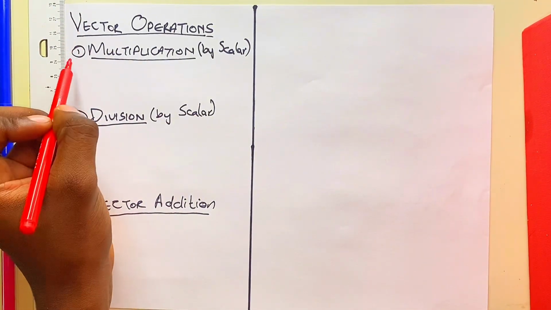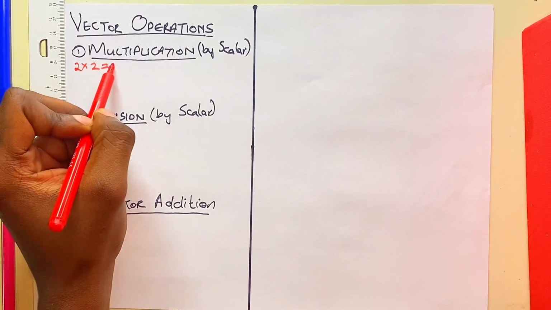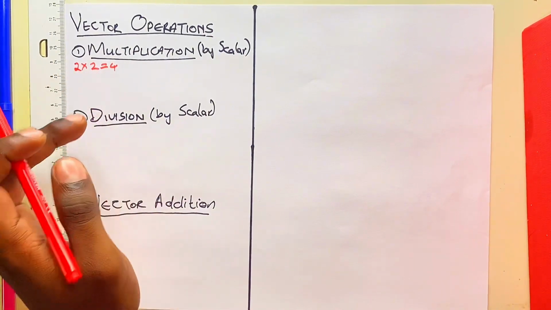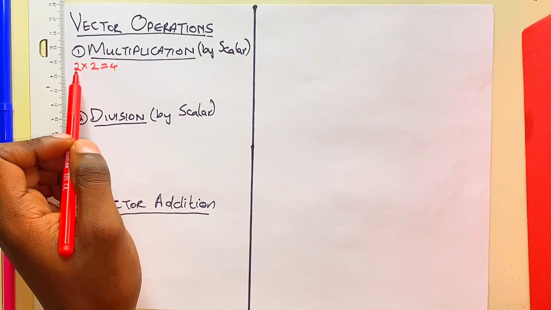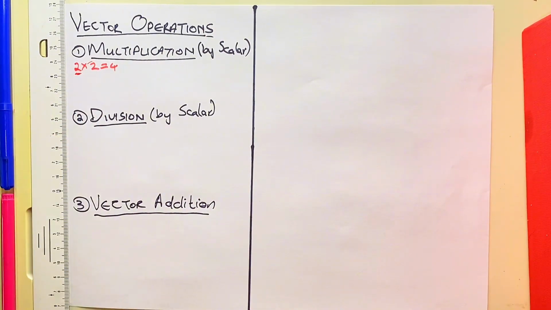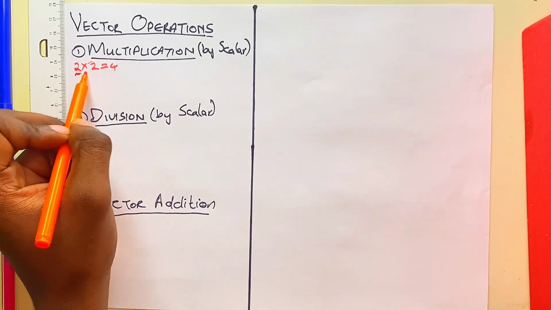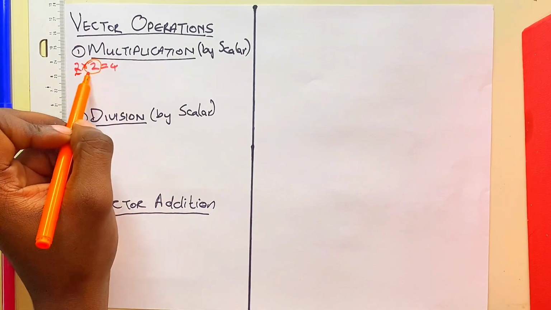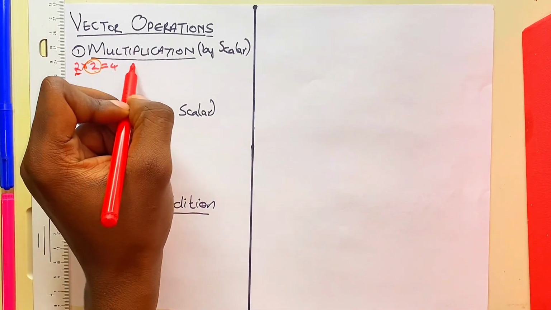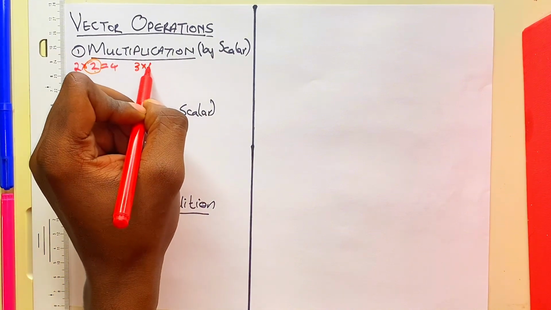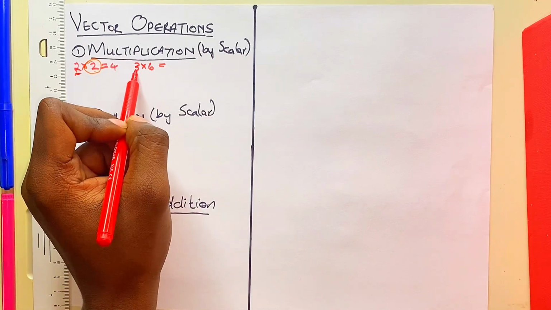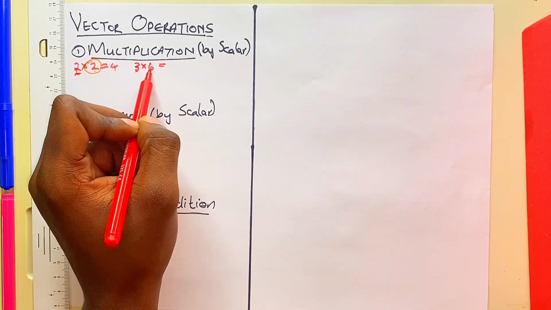Multiplication is easy because, just like 2 times 2 is equal to 4, when you multiply something by 2, you're just doubling that thing. You are increasing whatever you are multiplying by the factor that you are multiplying it by. So if you have 2, you increase it by a factor of 2, so it becomes 4. The same thing if you have 3 times 6: you are taking 3 and increasing it by a factor of 6, which